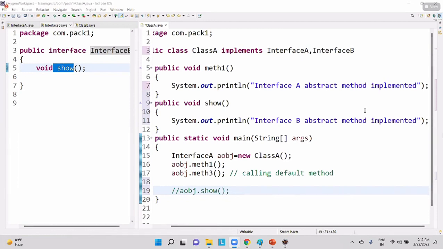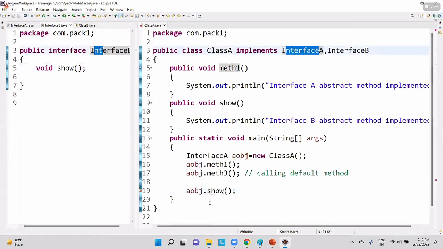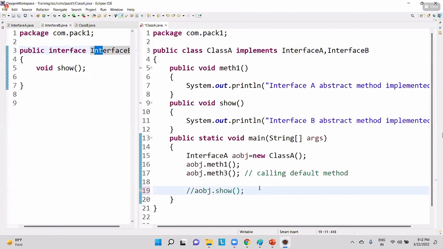Exactly. No, we cannot. Why? Because if you are trying to call like this, we'll be getting an error. Does the show method belong to interface A? No. The show method belongs to interface B. Am I right? So here we'll be getting a compile time error because the show method belongs to